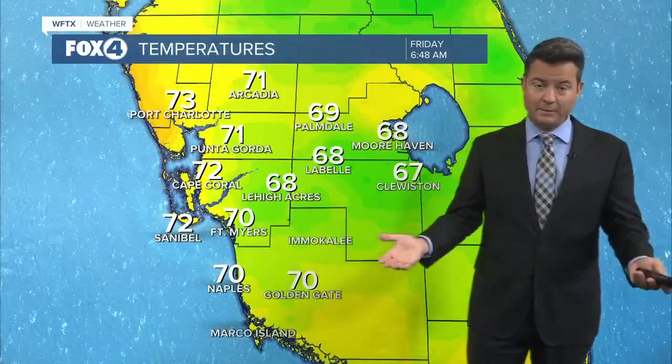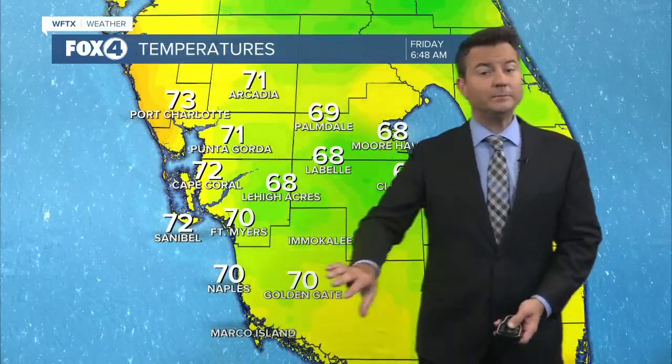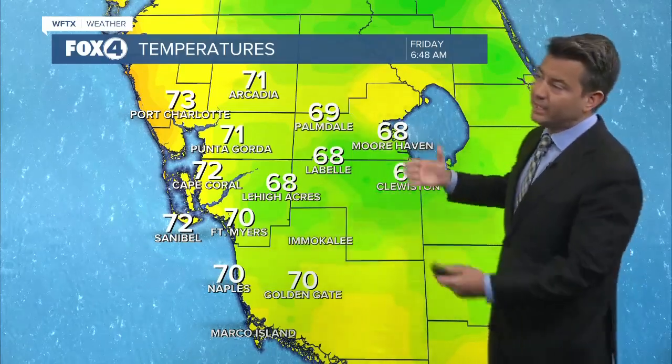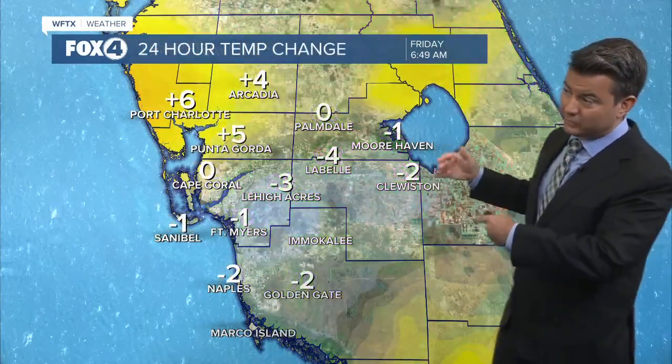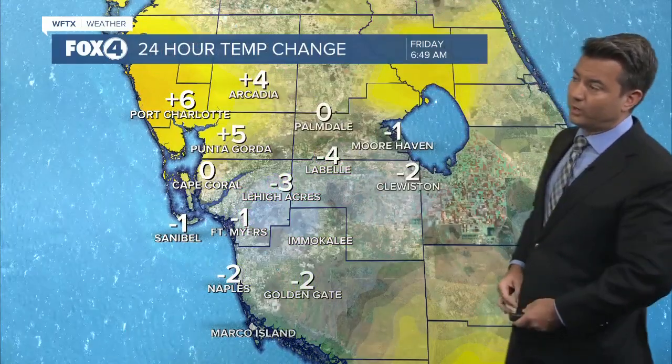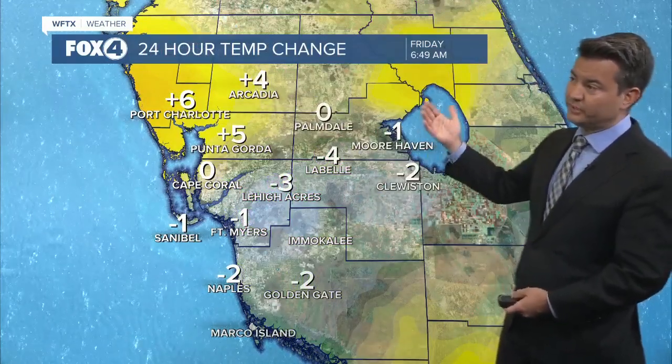Today, same area has the higher chance of rain, and that's because our wind's going to turn out of the southwest this afternoon as that sea breeze front kicks in, and already we're off to a fairly warm start. Fort Myers at 70, we should be around 67, and that is a little bit cooler than where we were yesterday. But look at the jump from Charlotte County north through Arcadia, as it's a 5 to 6 degree change,